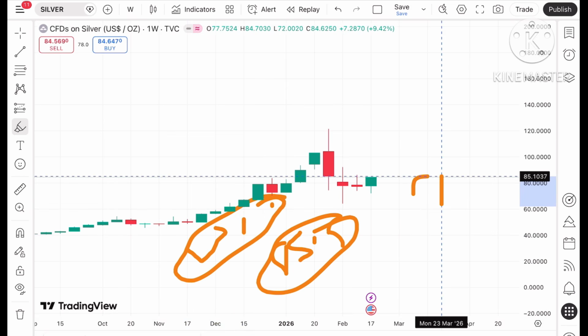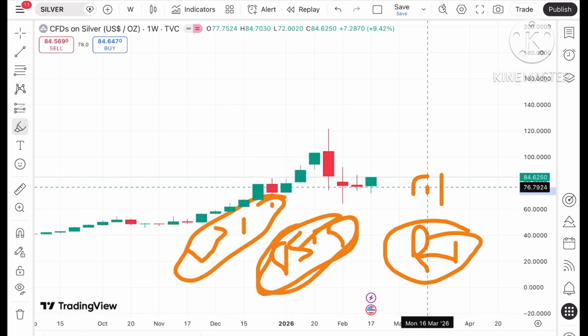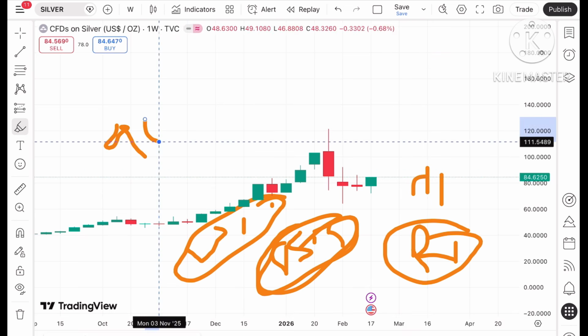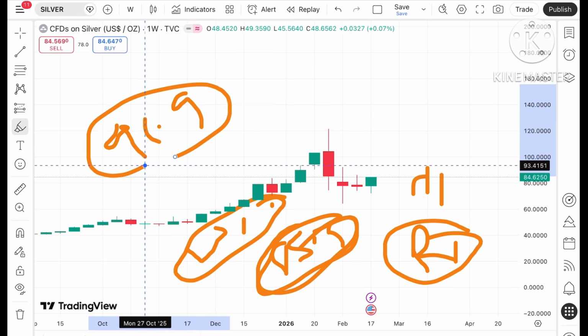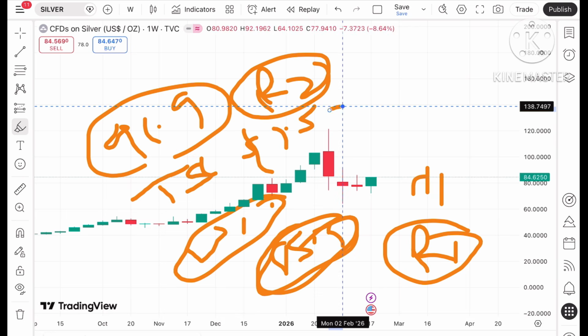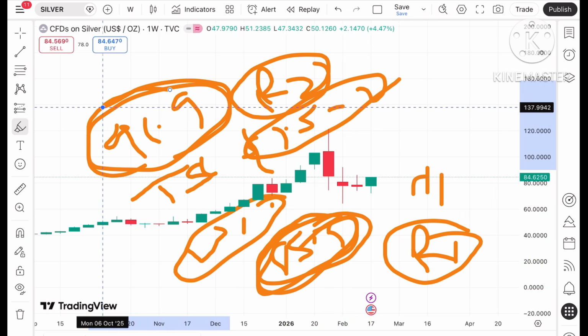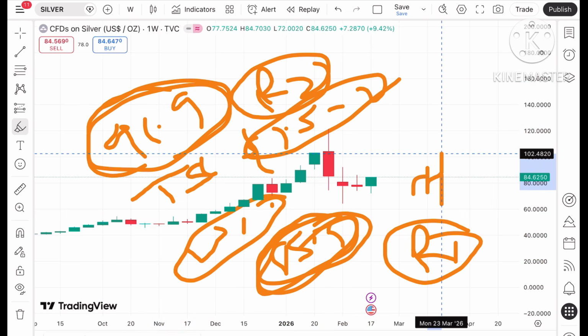Okay, so if the price sustains above that level, it can touch a level of 85.15, that is resistance one, and if the price goes above this level, the probability of touching a level of 91.9 is there. Okay, that is resistance two. So trail your SL by around 1.5 to $2 if the price sustains above 85.5, because the chance of touching 91.9 is very high, and from there it will move towards